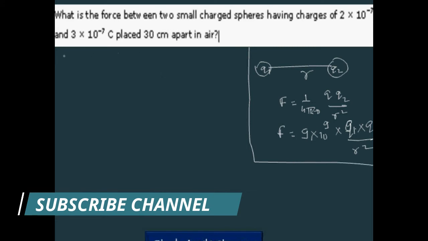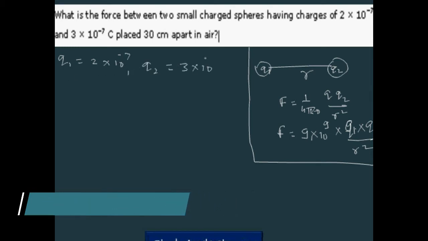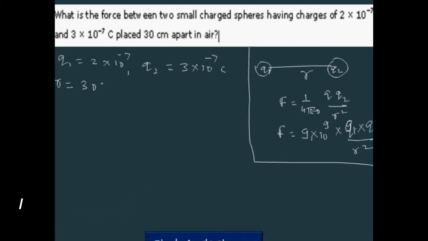In this problem, Q1 is given, Q2 is given, and r is given as 30 centimeter, that means 0.3 meter. On placing the values in the relation,